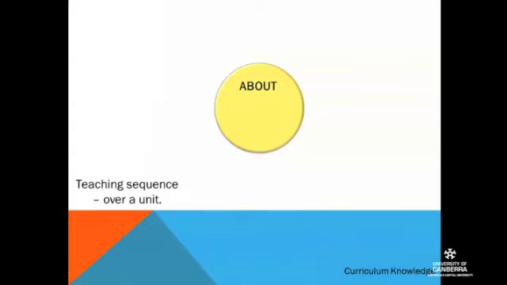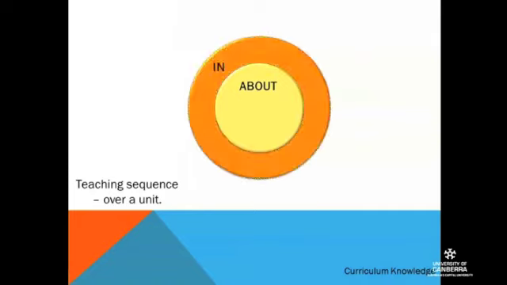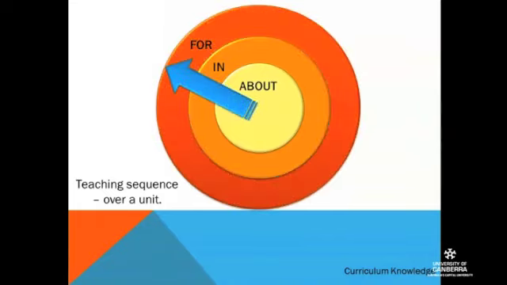Where we start, this is your curriculum knowledge. We always start at the level of teaching about, and I'll go into each of these areas in a minute. So we're teaching about the environment, about ecosystems. Then we take students out into the environment, or we immerse them in the environment. There's a reason for that. And then we get to our civics and citizenship component where we act for the environment. Over a term, you would go through a sequence of lessons that do that sort of thing for students. Why?